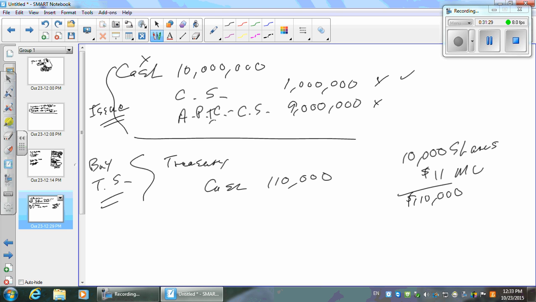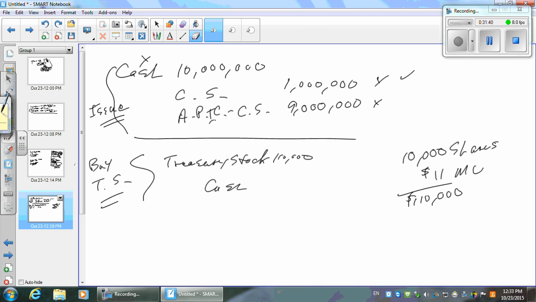Now here's another new account, and you need to know what kind of an account it is, don't you? Every time you see a new account, you've got to know what it is. I told you that over and over too. But I bet you figured it out on your own by now. Debit treasury stock, credit cash. What kind of account is it? It's tempting to think it's got to be like a contributed capital account. It's got to be an equity account. But I think it's tempting to think it's an asset because you debit it and you kind of invested in it. But can you invest in yourself? I'd be really rich if you could do that, you know. Right?